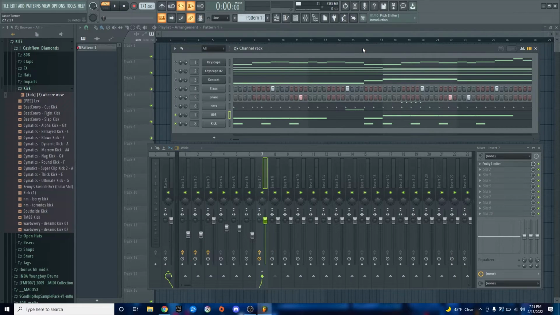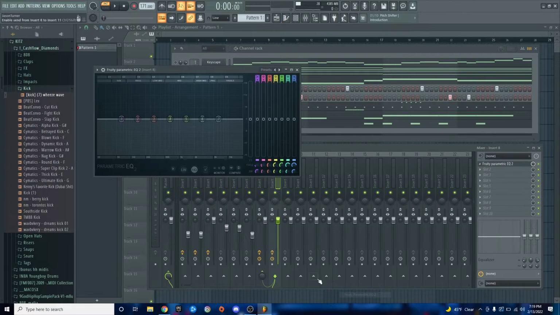If you were to have an 808 roll and you layer with a kick, you do not want to use this method, because think about it. Every time a kick hits, it's ducking that 808. So if you have an 808 roll and for some reason you're using kicks, then you probably just want to EQ the 808 and kick. You probably want to duck the 808 right where the kick is hitting. I'm not going to do it because it's not the way I chose, but just to show you,